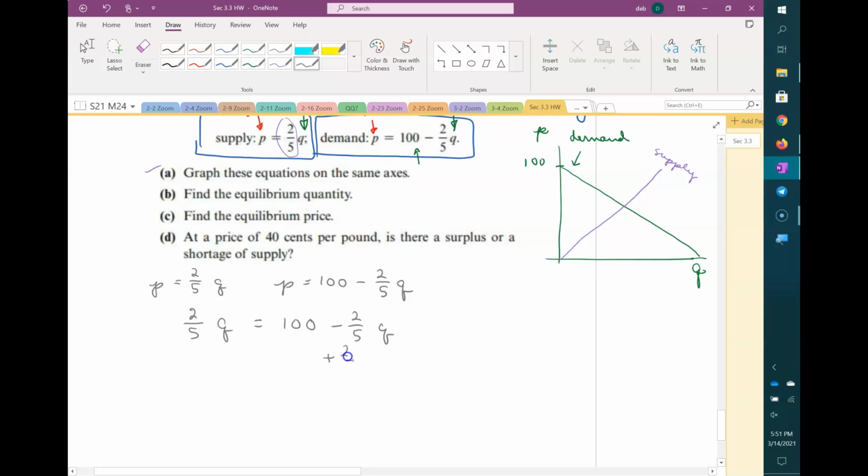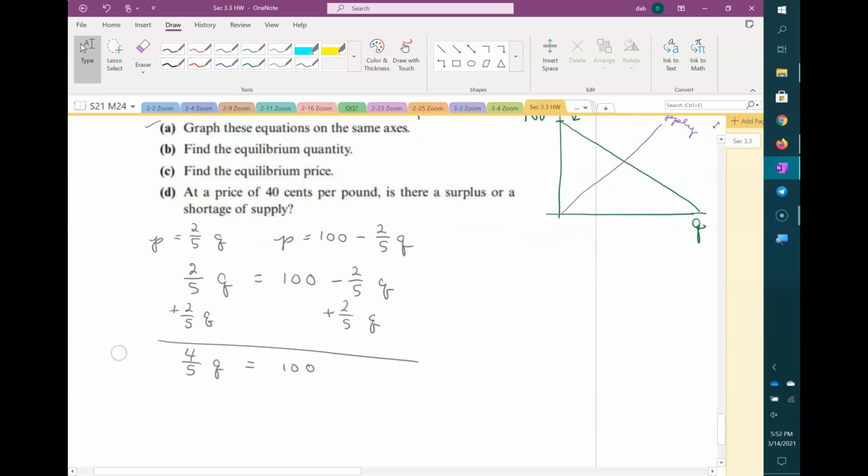So then I'm going to add 2/5 Q to both sides. So I'm going to get 4/5 Q equals 100. And then I'm going to multiply by 5/4, or you can divide by 4/5, same thing. And get that Q equals